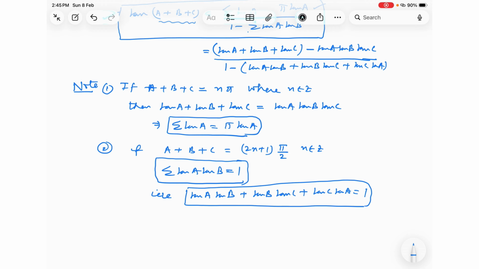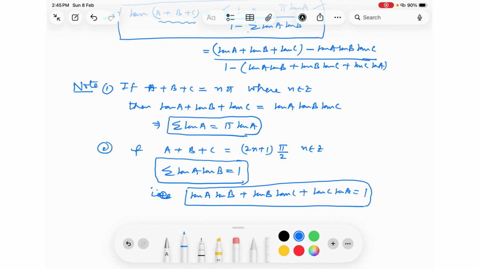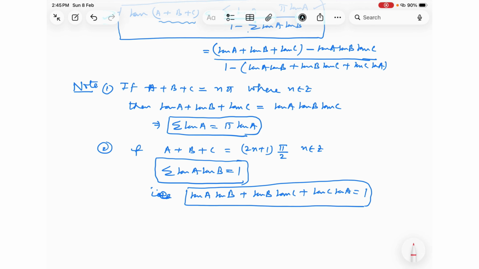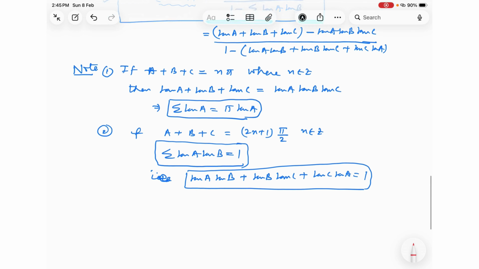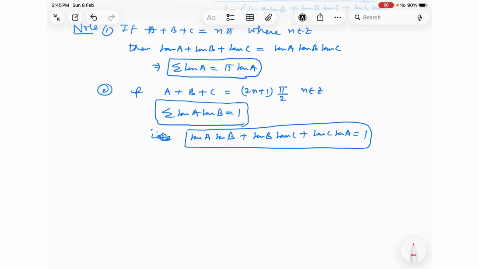This is always equal to 1. So these two are very, very important results based on the tan a plus b plus c formula. Now what we do now is, based on all these formulas of compound angle, very, very important values which we have to find is to find